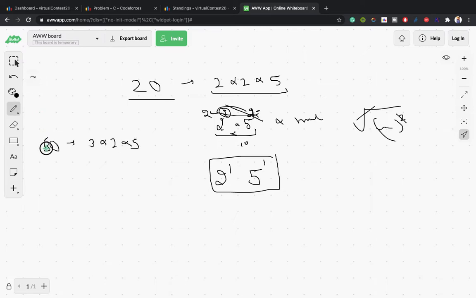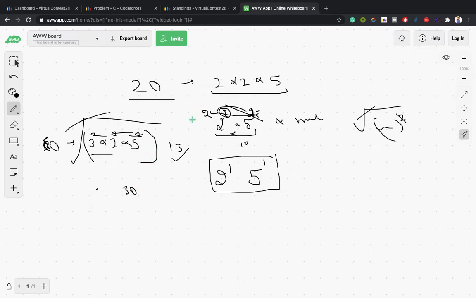Let's make it 60. So here the power will be 2. What we can do is multiply both by 3 into 5, that is, we will multiply it by 15. After multiplying by 15, we can get 2 squared and 2 squared. Here is the one operation of multiplication, and again one operation of square root, and we will cancel this all and I will get the minimum, that is 30.